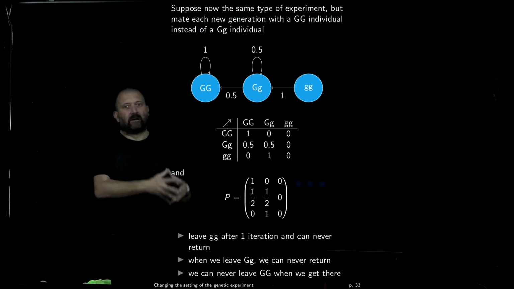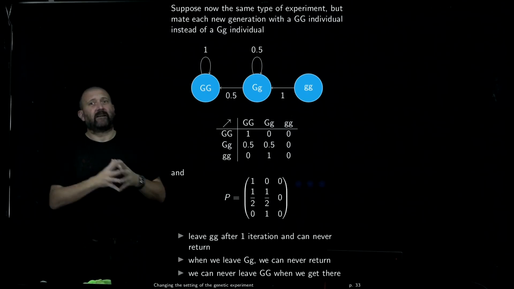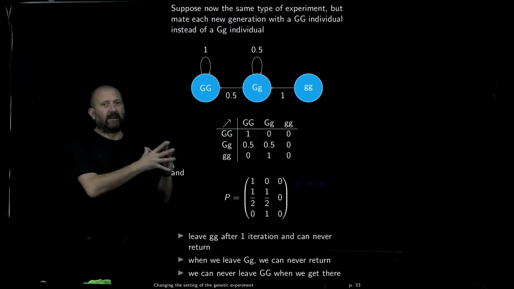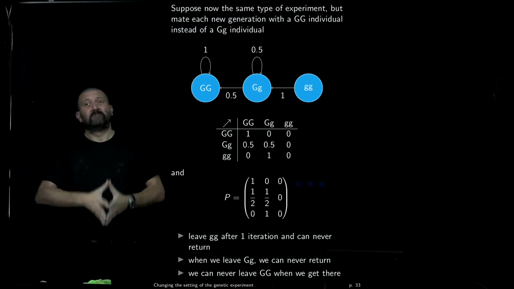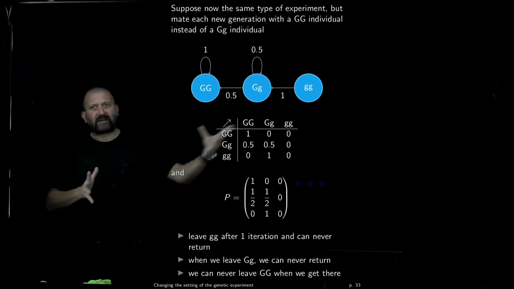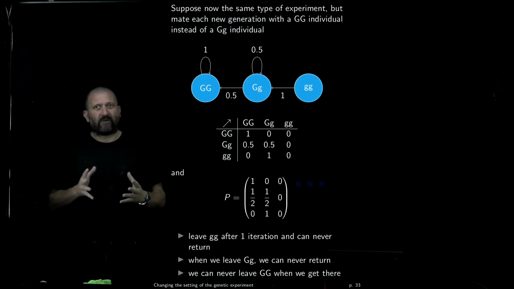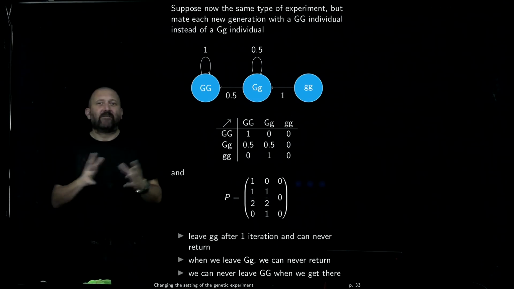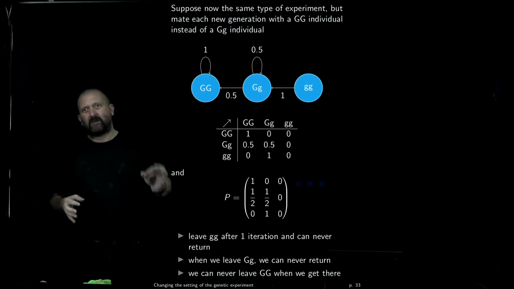So I leave little g after one iteration, and I can never go back. I leave hybrid. Whenever I do, it's done, okay? I cannot go back. And when I get to capital G, I'm stuck there, and that's the end of my journey. Whatever I do from now on, I'm always going to make